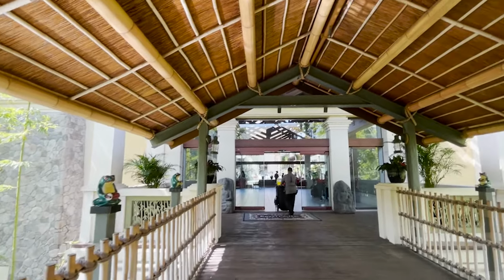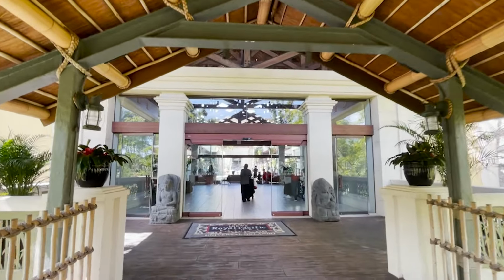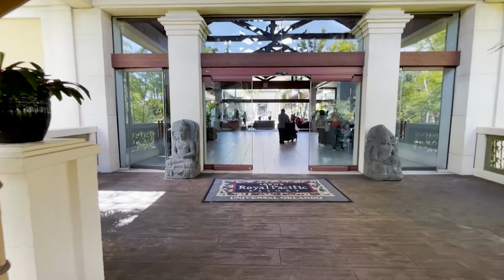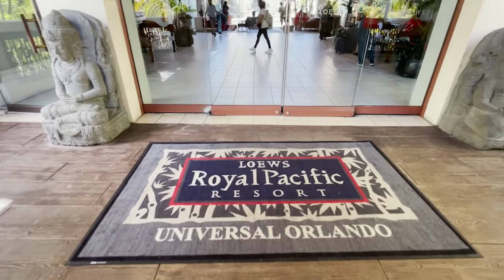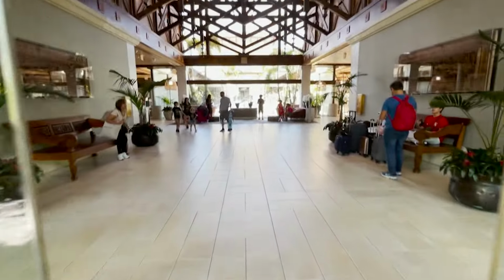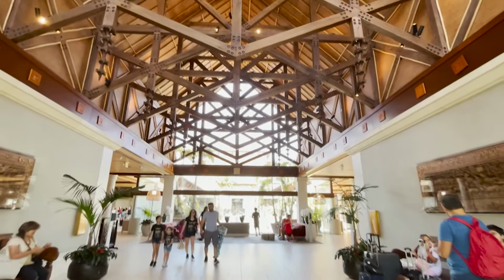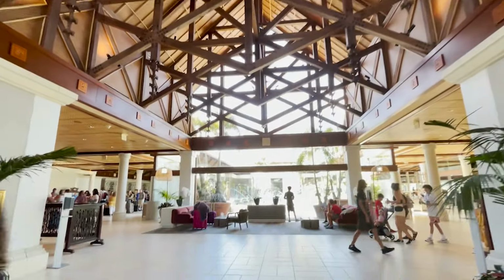What I mean by that is the Universal Express Passes for 2024 have just been released, and it's pretty much the end of November of 2023 as I'm recording this video. So what does that tell you, right? We didn't know what the Express Pass prices were going to be for 2024 until a couple of weeks ago. So if you were planning your 2024 trip, late summer or in the summer, whatever,